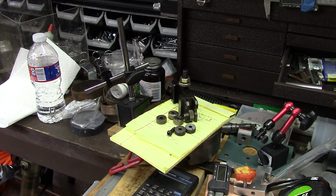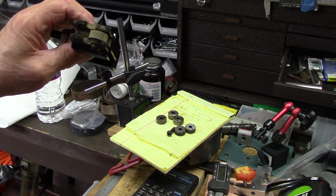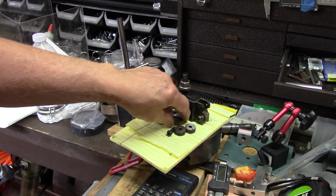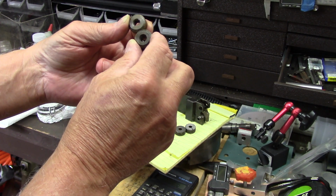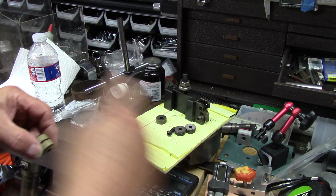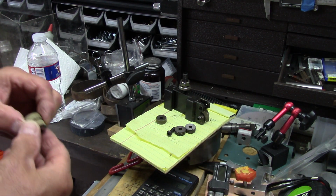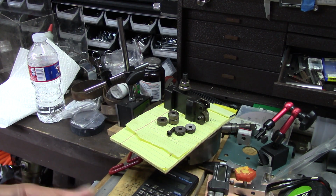Well, here's a loose end that needs tying up. When I got this knurling tool with my tool post, the rollers that came in it were not too great. In fact, one of them is really bad off center, out around, so it would wobble around and make the metal wobble back and forth. So, to make it all work just right, what I need to do,